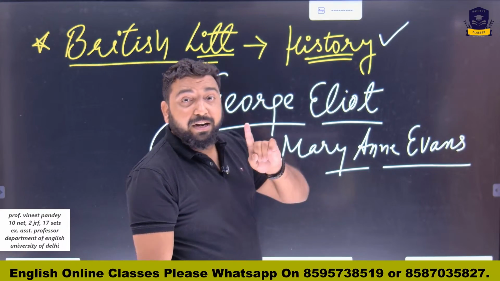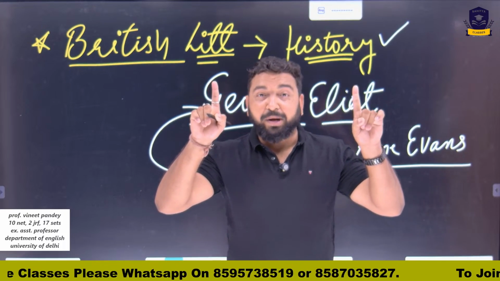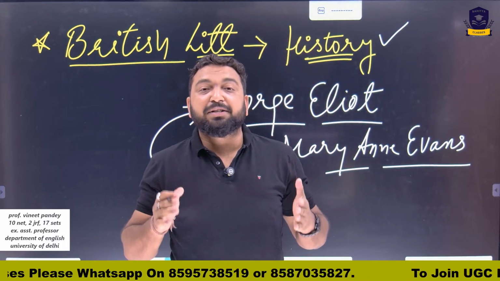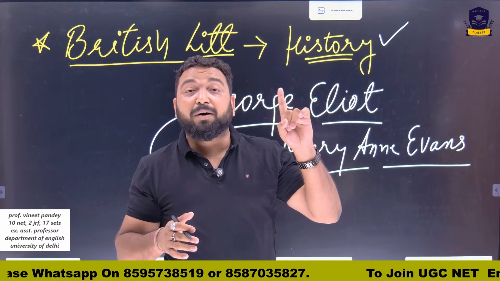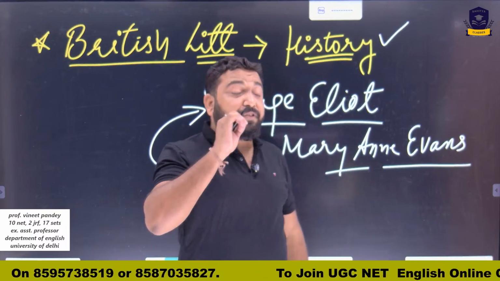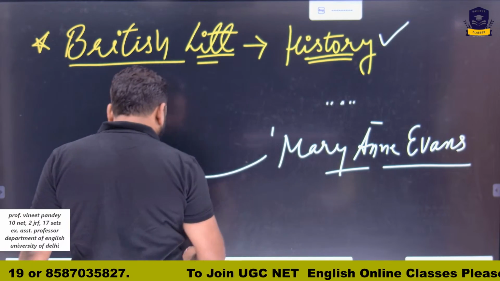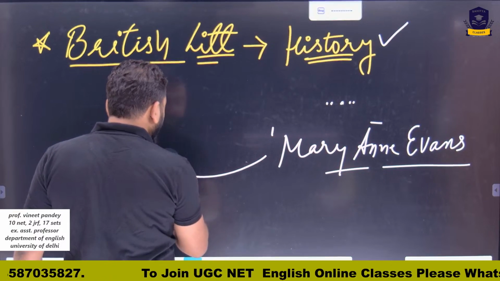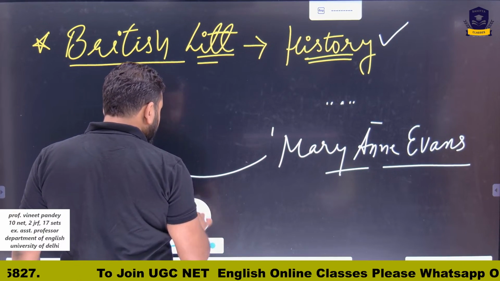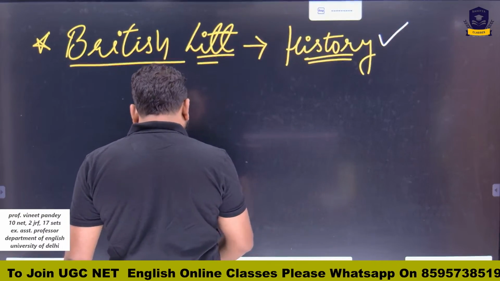If you understand the condition of women in Victorian times, women were stereotyped. George Eliot herself mentioned that she took a male pseudonym because she wanted to be taken seriously. Now, if they just ask you what was the condition of religion in Victorian times, the social structure, and you have no idea about